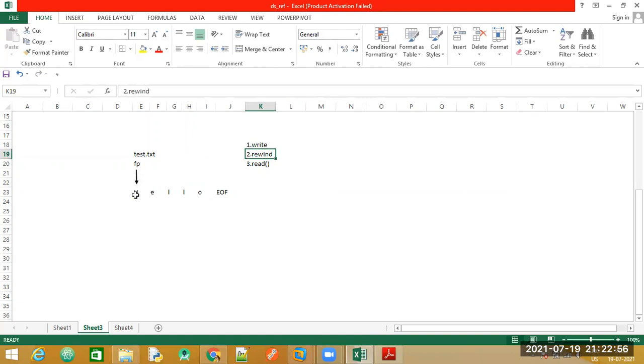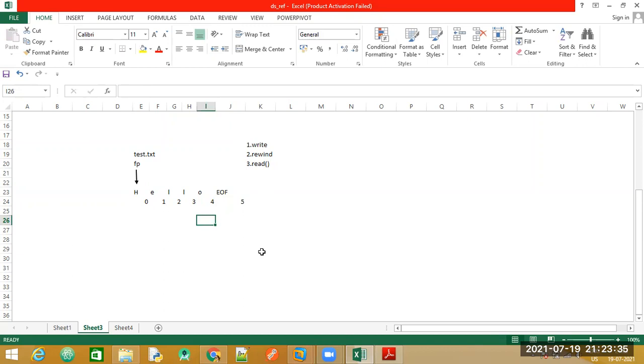Now if we perform the read operation, since the file pointer is pointing to the first character again, with the help of a loop we can iterate and all these characters can be read and displayed again. So this is the concept of the rewind function. Remember that just like arrays, the index of these will again begin from 0. So this last end of the file will have the index value 5.